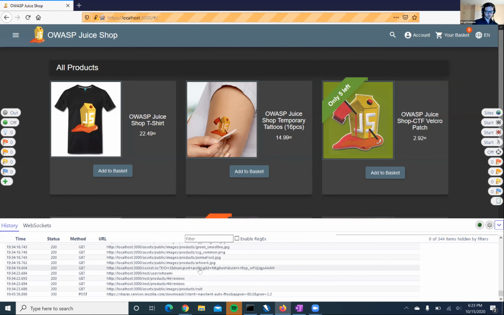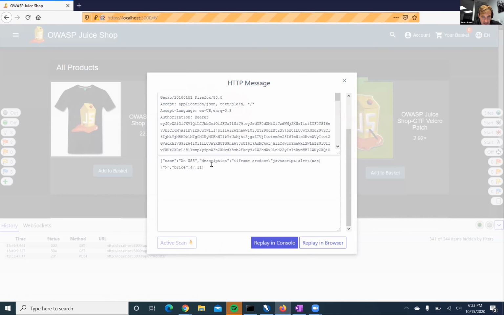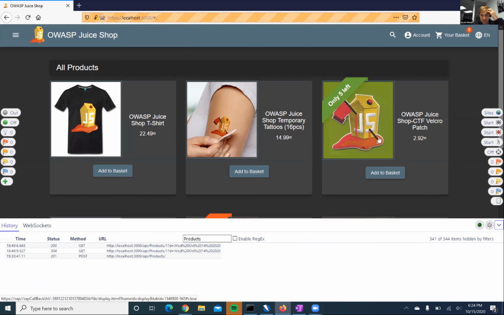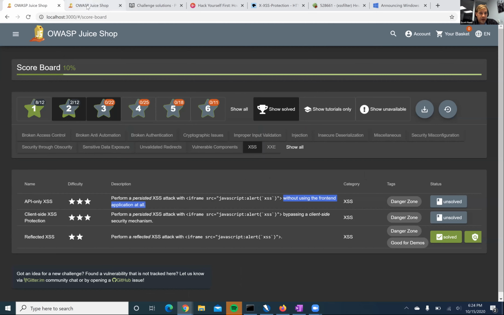You can filter also by products in that little filter box. And then, oh yeah. There, how about that guy? Yeah. So this status was a 201, which is created. Oh yeah. And replay, but it still says JWT expired because now I need to get the new one. Ugh. So that wasn't easy either, but I did get the thing to appear.